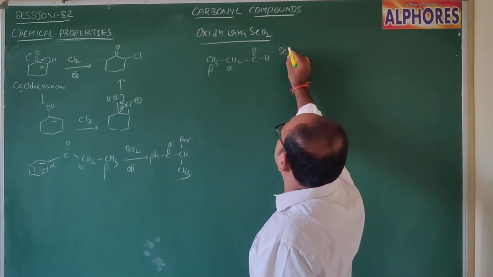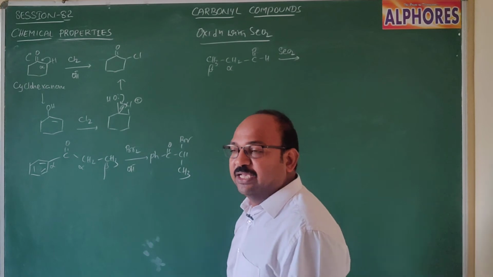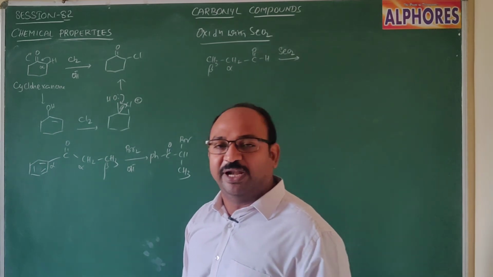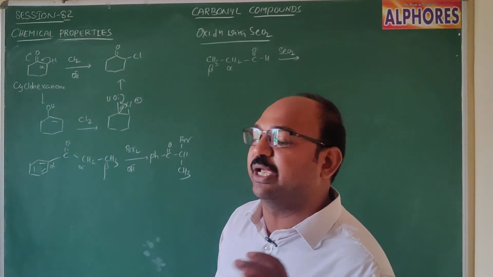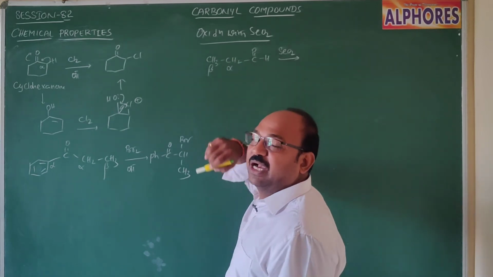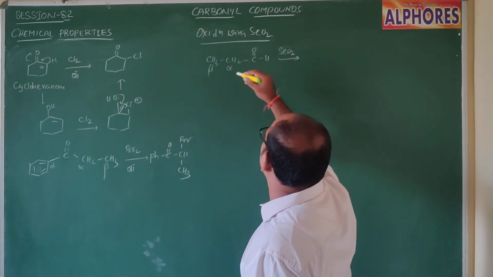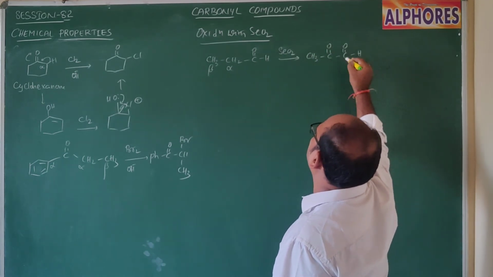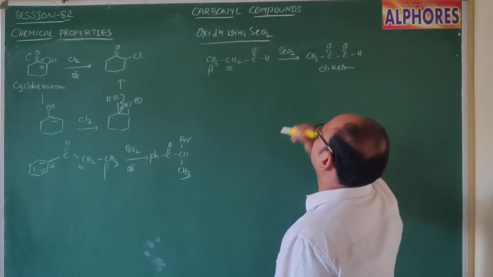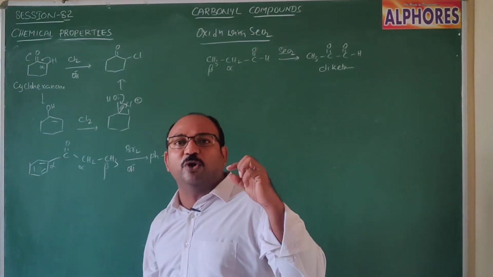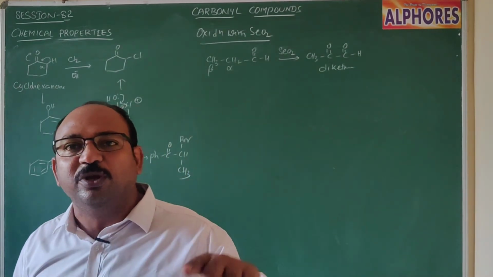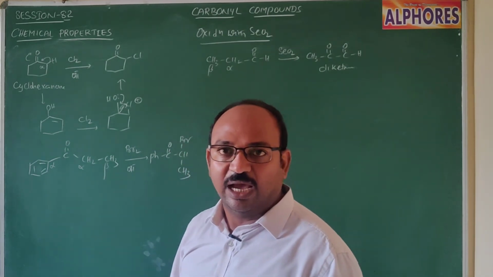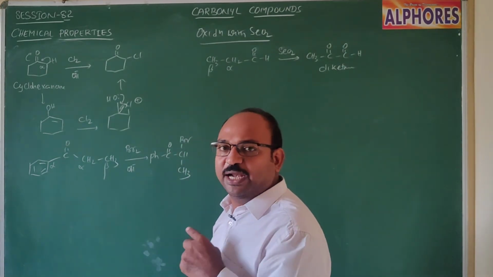Now this one upon reaction with selenium dioxide oxidizes only the alpha carbon, and if it is alpha methylene, it converts into ketone. If it is alpha methyl, then it converts into aldehyde. Here the alpha carbon is methylene because it has 2 hydrogens. So this is alpha methylene. That's why it will oxidize to CH3, C double bond O, C double bond OH. This is a diketone. Here, if the alpha position has a CH2 group, it converts into a keto group. And if the alpha carbon is CH3, in such a case you get an aldehyde.